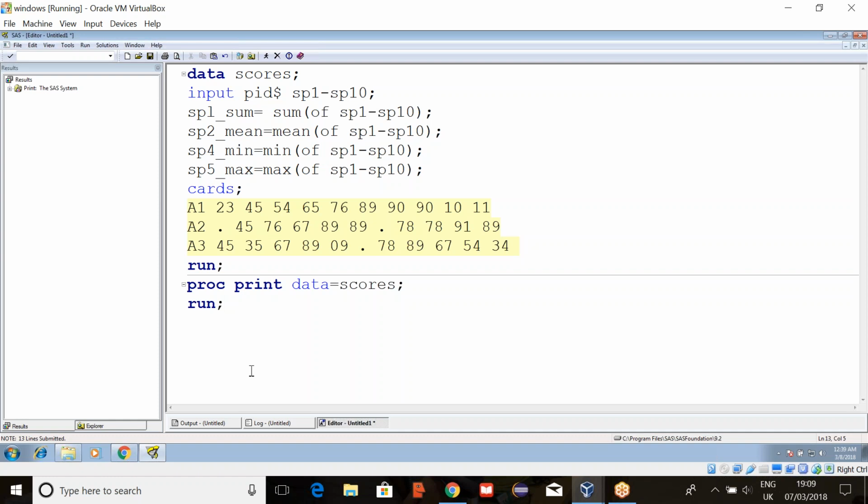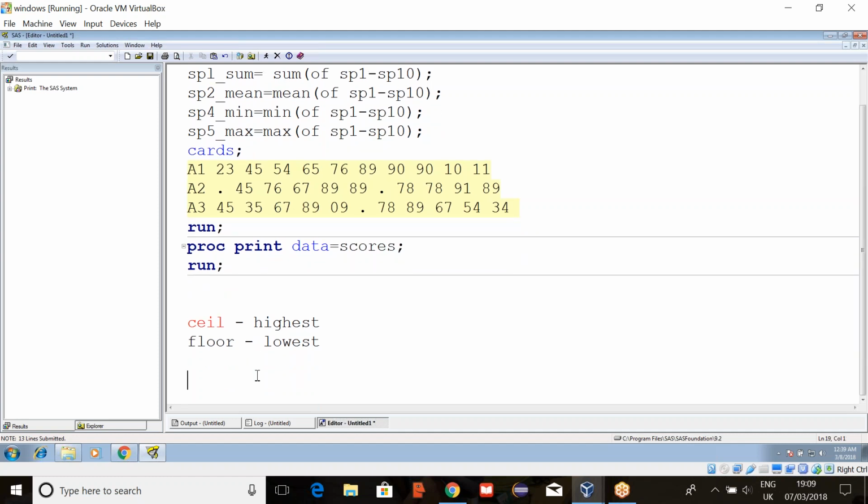My last question is about when you explained the floor and ceil functions. I understand what floor and ceil are, but for negative numbers it's very confusing. Could you please go over that again? See, ceil will give you the highest nearest integer, right? Floor will give you the lowest nearest integer. For negative numbers, when you compare -5 and -6, which one is the highest? -5. So ceil will take -5 and floor will give you -6.